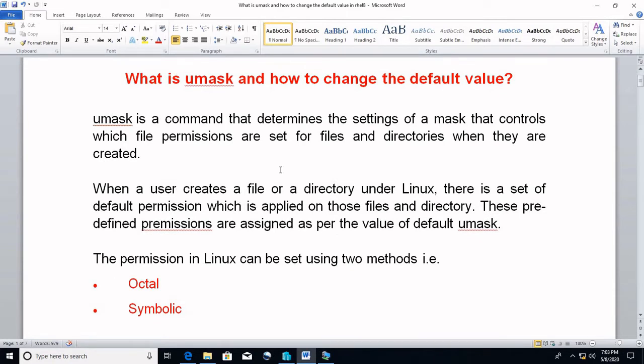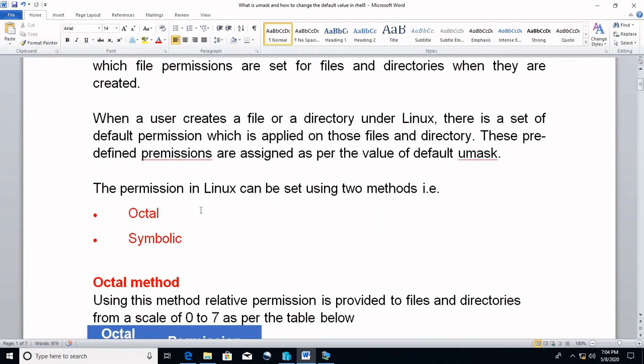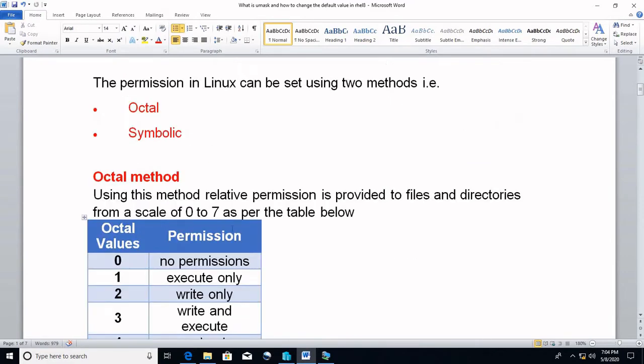So umask is a 4-digit word. We know the file permissions are rwx, rwx, rwx, where you have three sections: UGO, user, group, and others. This can be represented in two methods: one is the octal format and one is the symbolic format.